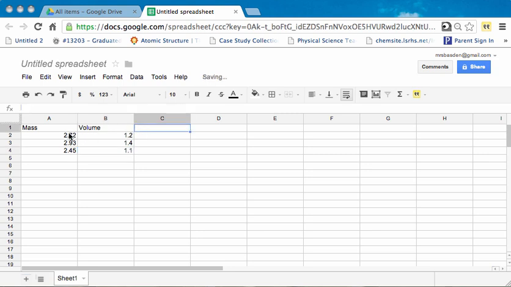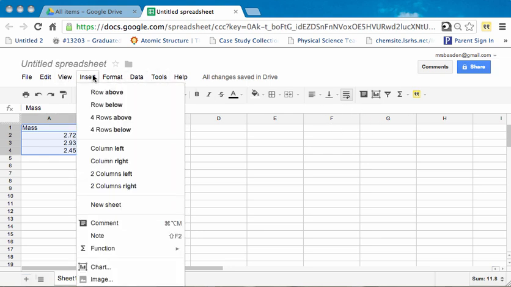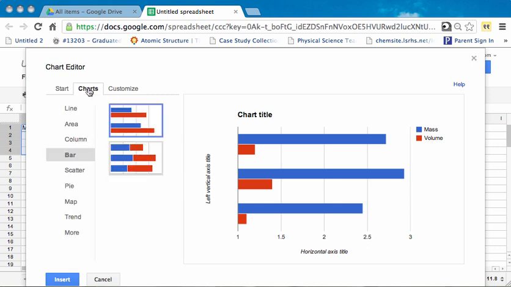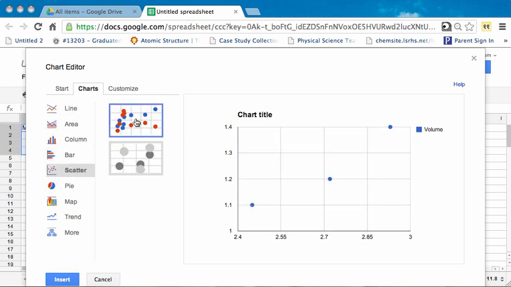Okay, so then after I've done that, I'm going to highlight my data, and then I'm going to go to Insert, Chart. Okay, then once I get to this point, I'm going to click on the Chart tab up here, and then I want a scatter chart, and I'm going to pick this top one here. Okay, so then once I've done that, you can see you've got your points plotted,